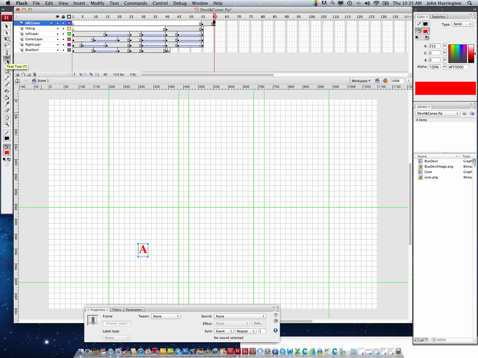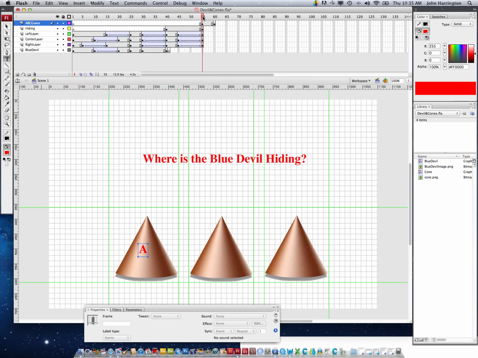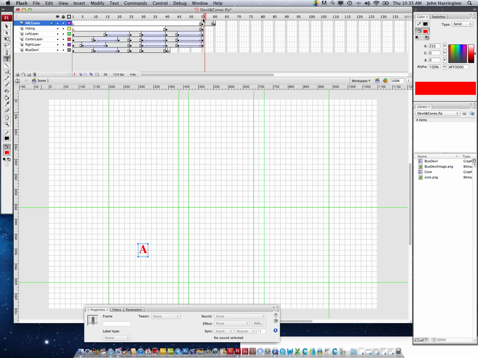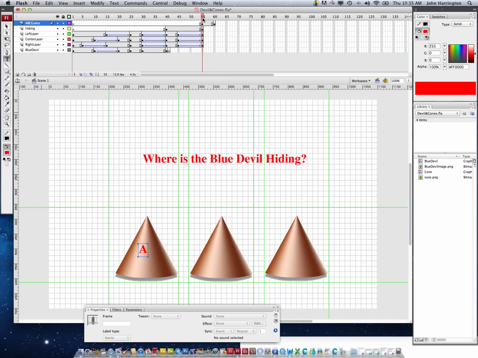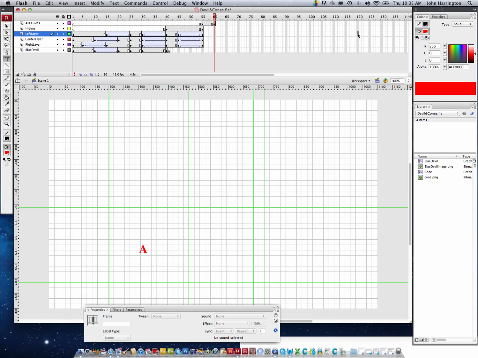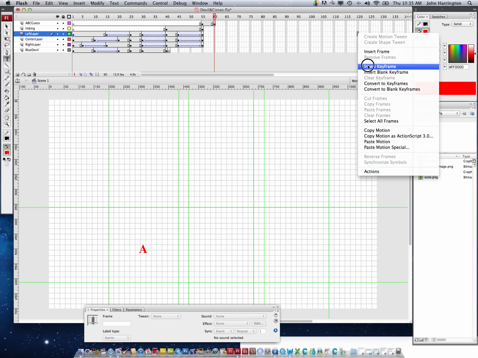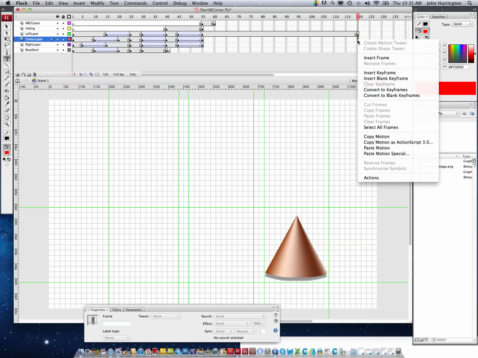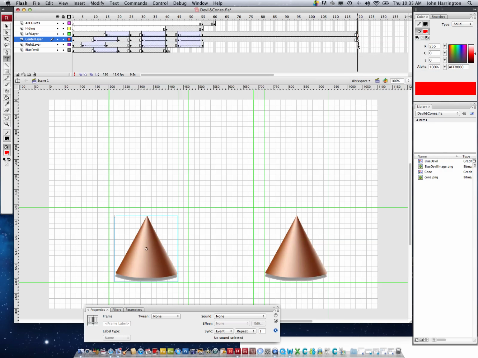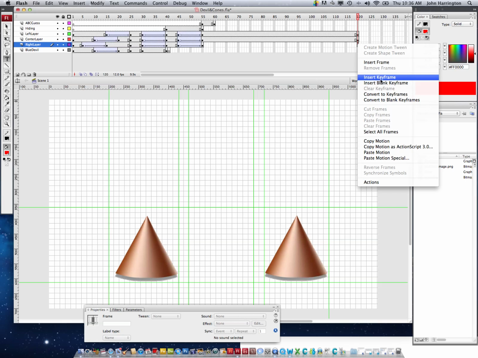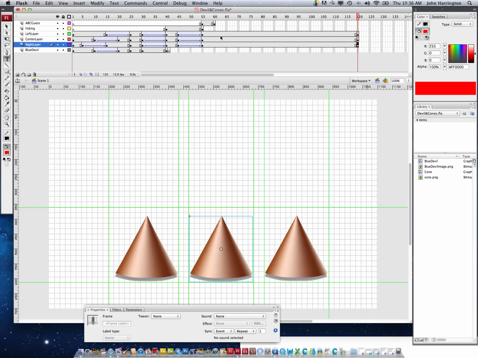and I would like to put B there, but because I'm past these, if you look up at the timeline, see how at this point, once I pass off of 55, I don't have any keyframes there and the images don't extend. I know that the images are going to be extending way out to about 120. So how about right now, where the cones are, I'm just going to put a keyframe out here. Insert keyframe, insert keyframe, insert keyframe. I can always take these out, but this way I get to see where those images